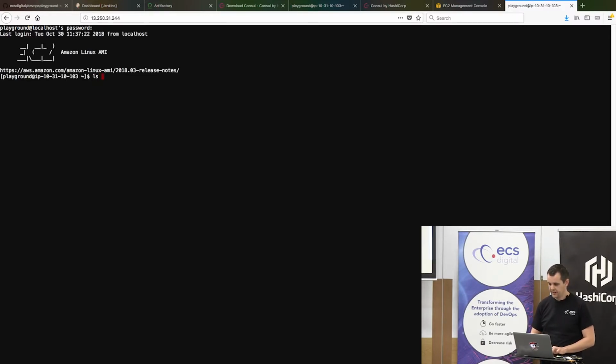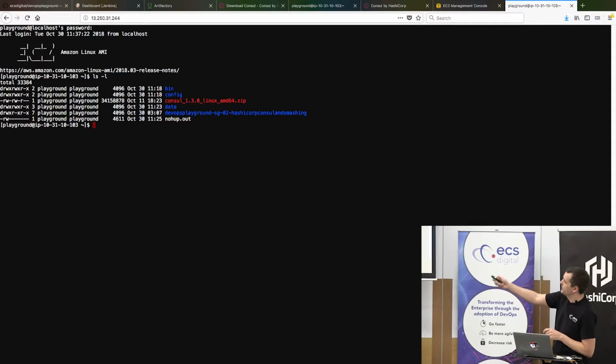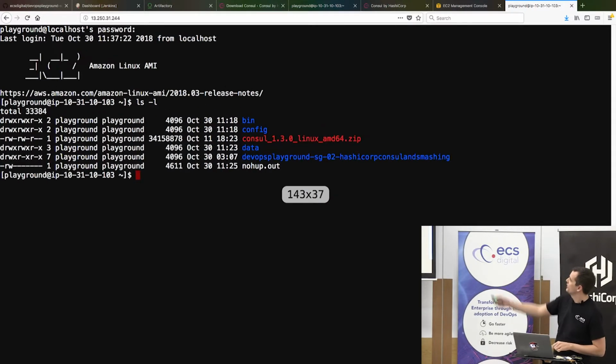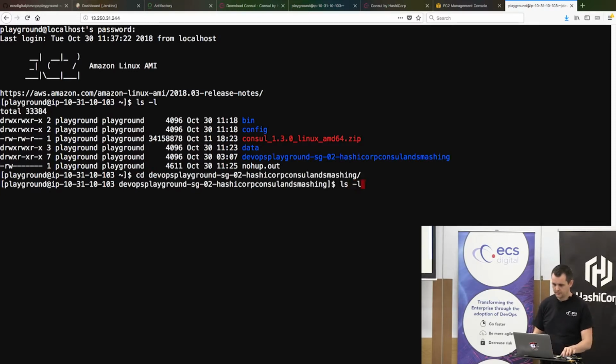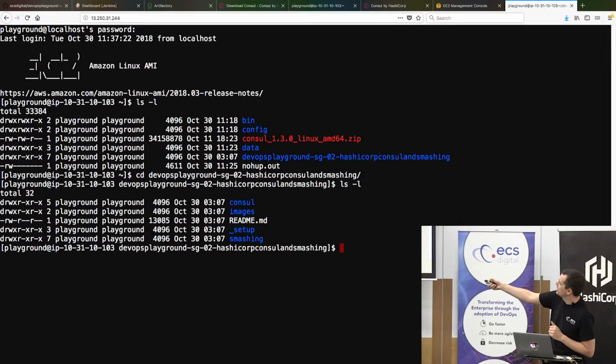Okay, so in the home directory, if you have a look here, we've automatically downloaded the repo from GitHub, which I'll send you a link to after this event. So if we go into that folder and have a quick look, there is a folder called Console. If we go into Console,